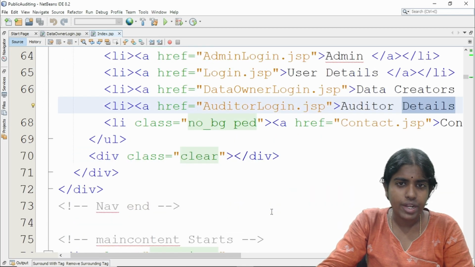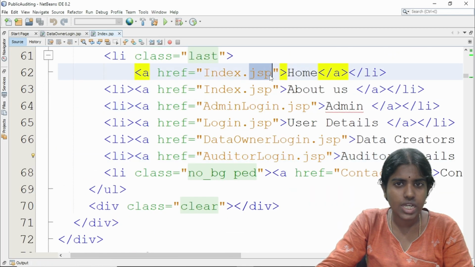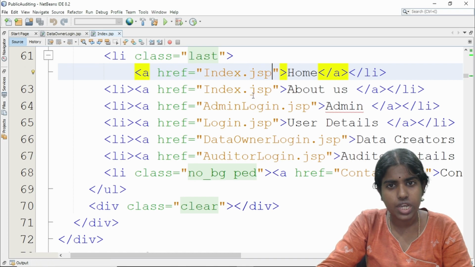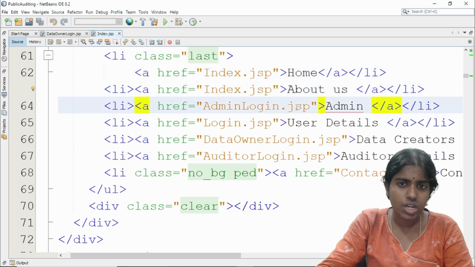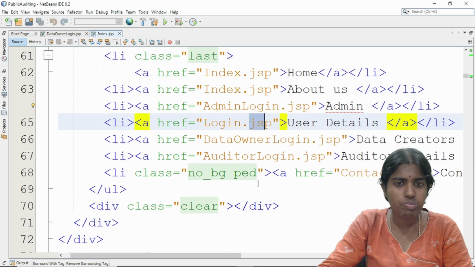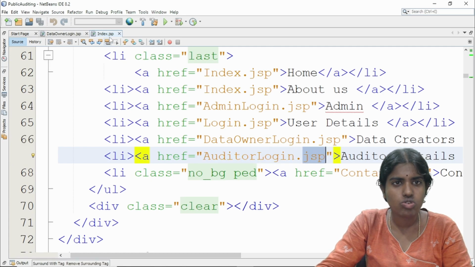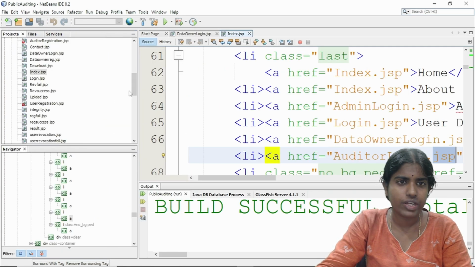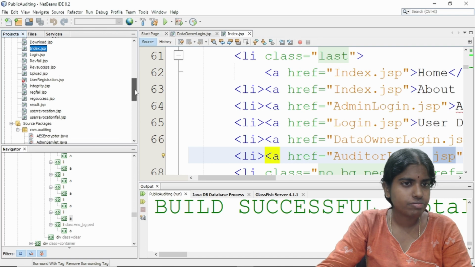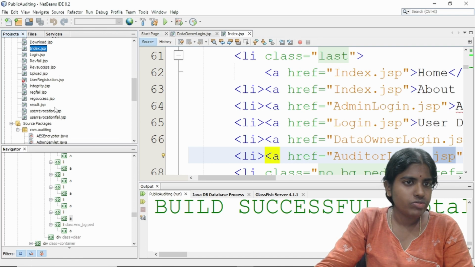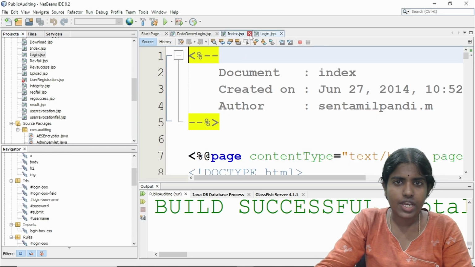So I'm just providing the link to all these .jsp files. So I have an index.jsp. So I have admin login.jsp. I have login.jsp. I have data owner login.jsp. I have auditor login.jsp. So all these are the different .jsp files. And finally, I have login.jsp.